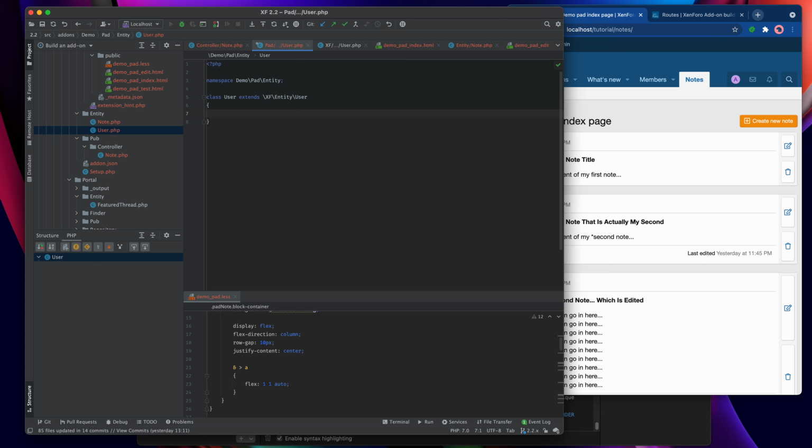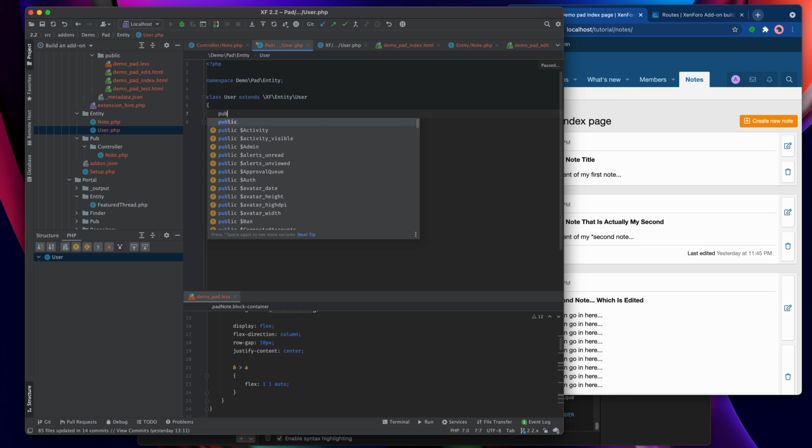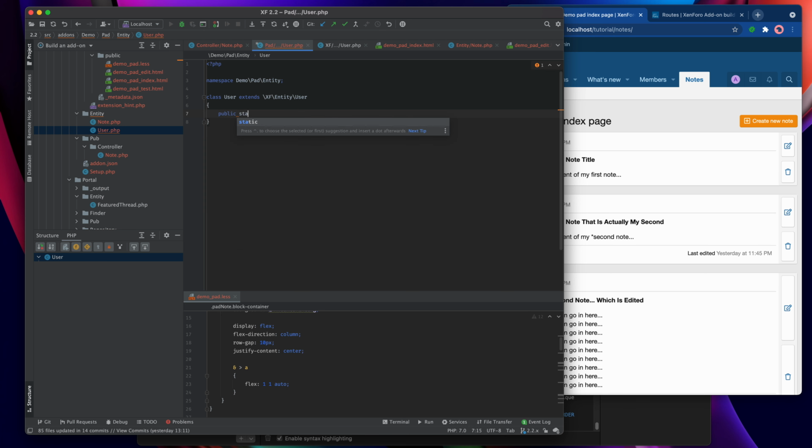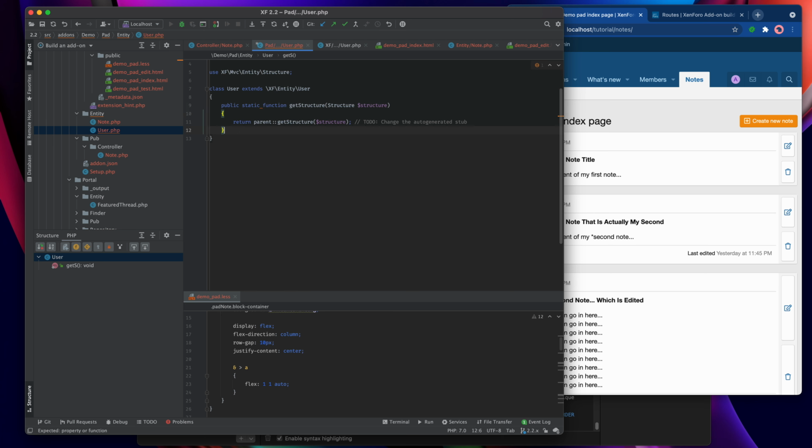At the moment, this class is a copy of the XenForo user entity. It has no customization at all. But what we want to do is customize the getStructure function. So we'll redefine it here. It's a public static function, and there it is.